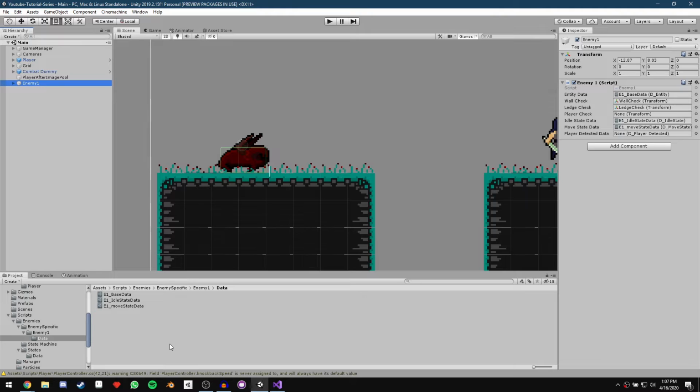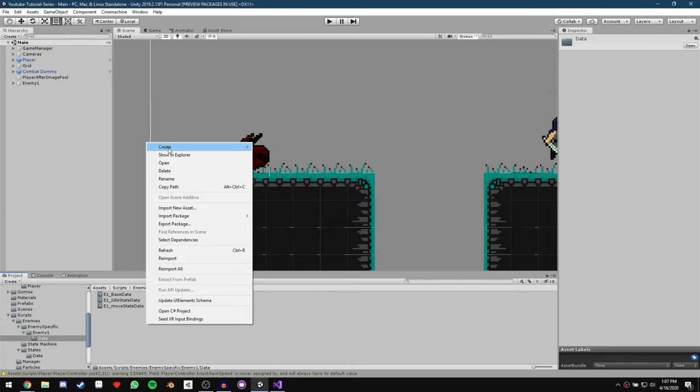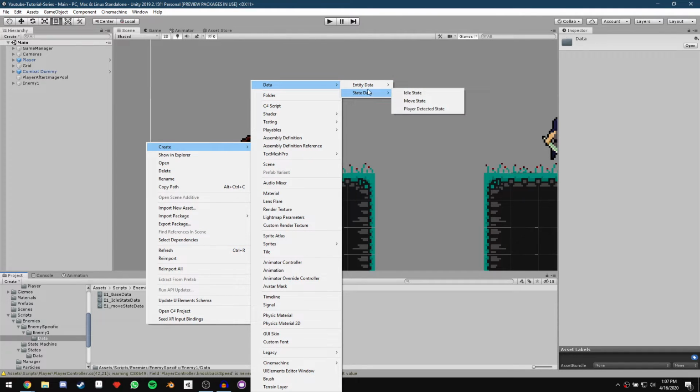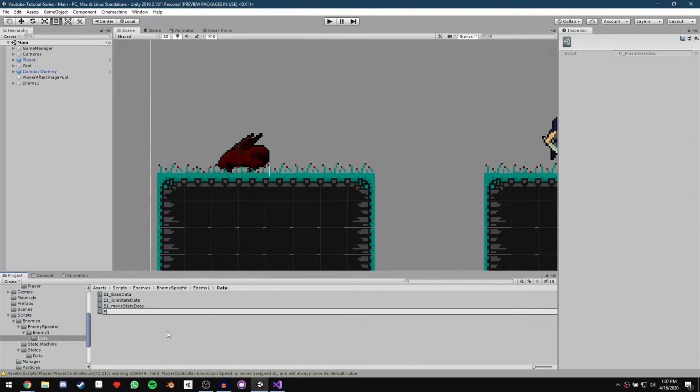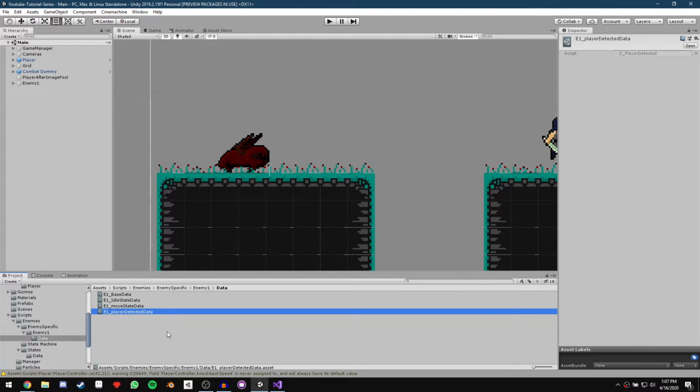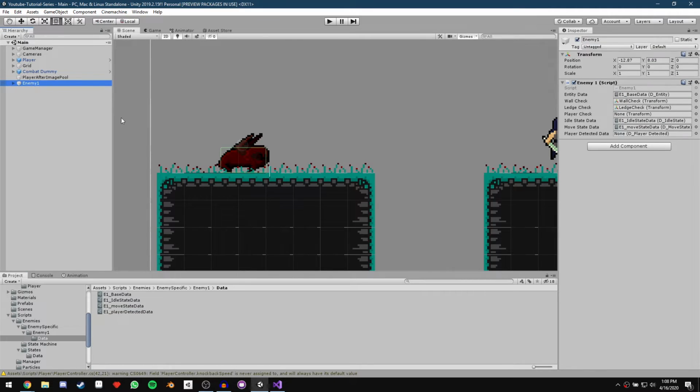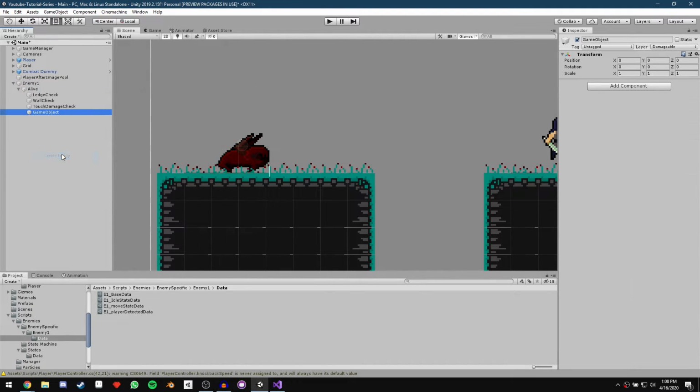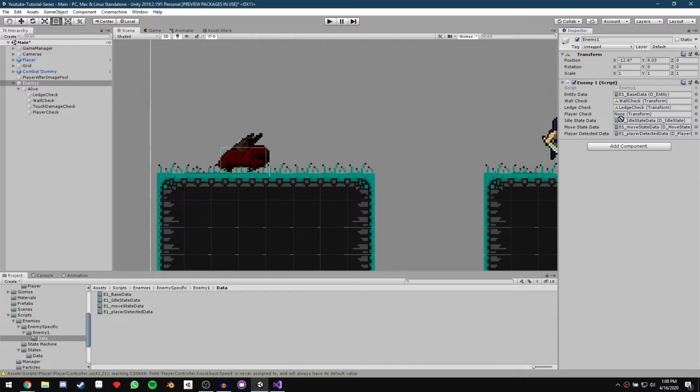Okay, now if we go back to Unity, in our enemy specific enemy1 data folder, let us right click, say create data, state data, player detected state. And we'll just call it E1 underscore player detected data, like that. Now, if we click on our enemy1 game object, we can drag this into our player detected data. And now we also just need to add the player check game object. So let's go to our alive game object and create a new empty game object. Call it player check. Go to enemy1, drag player check into the slot,